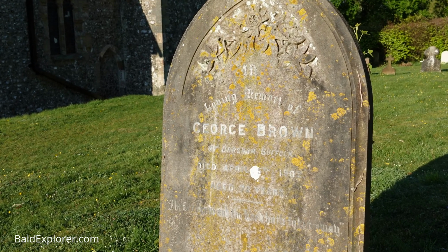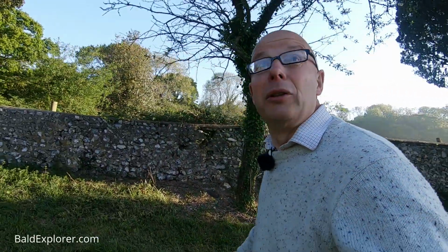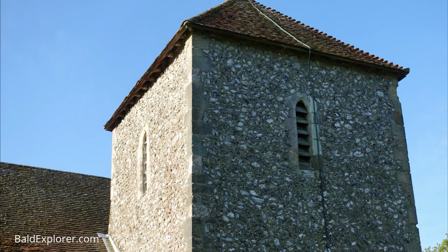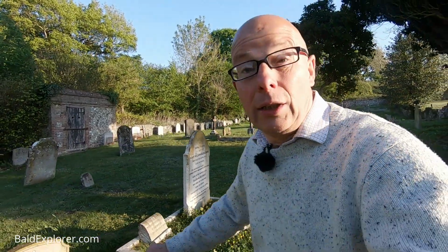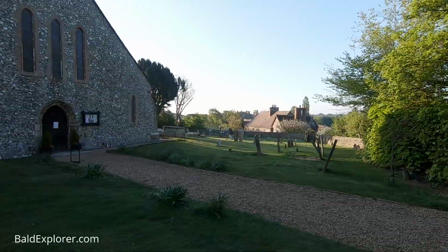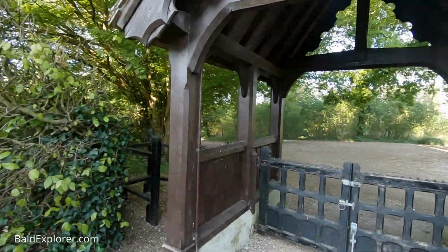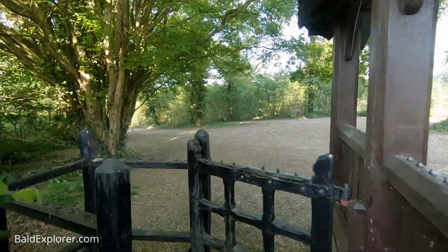And let's just come up here so we can appreciate the tower a little bit more. This tower actually is very reminiscent of the one at Bottles, I think. Fascinating, lovely church. Lots of things to see there. But as I say, on this occasion, it isn't the church I've come to have a look at. Let's head back down the other path and back through the lych gate